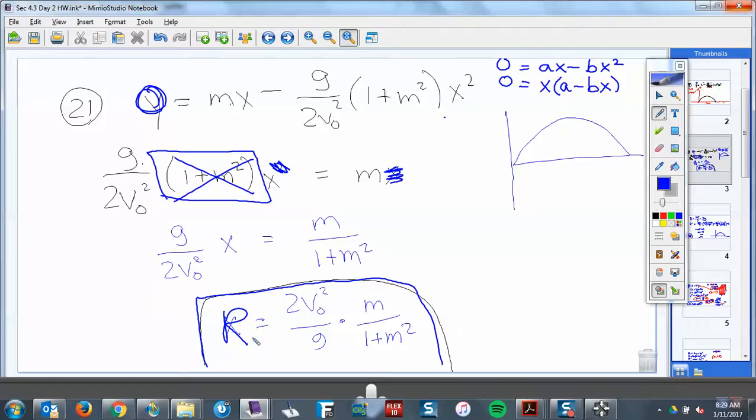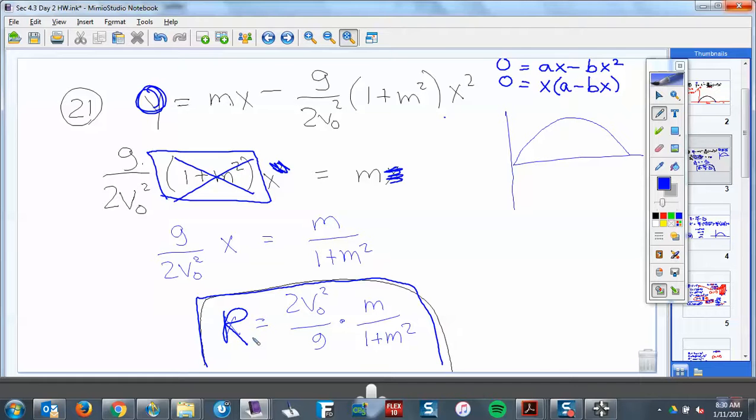So what we're saying in this problem is we want to maximize range. So let's say you're a kicker in football. Don't you want to kick it as far as possible, probably? Right? So what we're trying to do is tell them what? We're saying, let's let m be our variable. That's our slope. Right? But we're going to kick it always with the same initial velocity, because the same guy kicks it. So he's got the same leg strength every time. Now sometimes you might kick a little harder. Let's just say you kick it the same